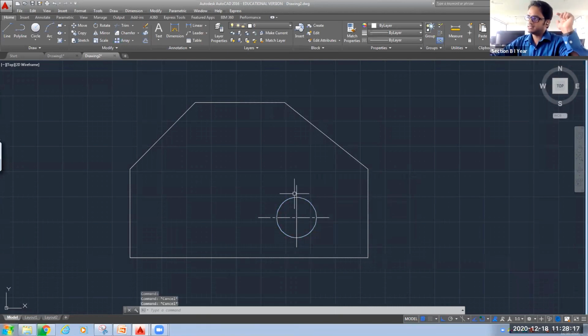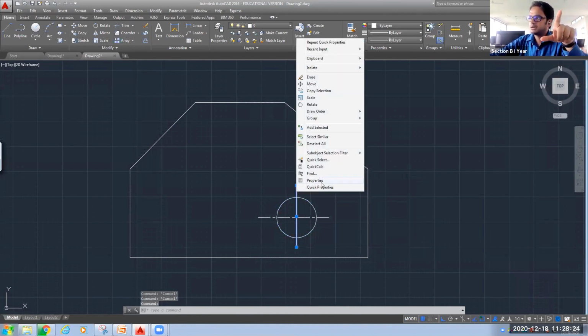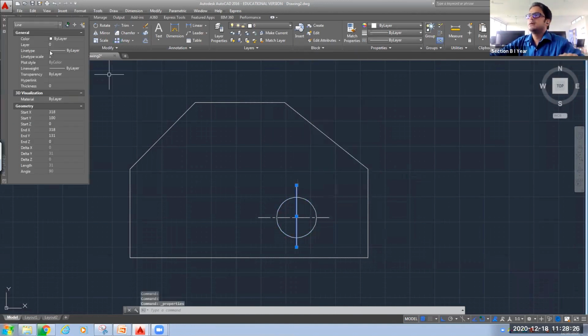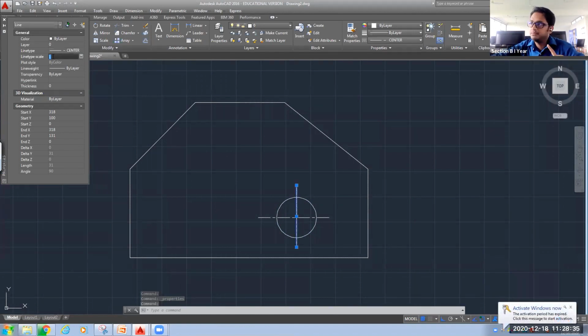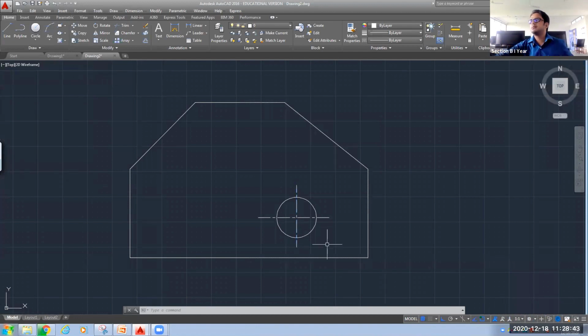Now, this also we need as a center line. So we will select that line. We will click on properties. Here you can see line type is by layer. Make it to center. Change the scale. Keep the same scale. Previously, for the horizontal center line, I have kept 5. So for this also, I will keep 5. Now you tell me whether it is clearly visible as center line or not. Yes, sir.